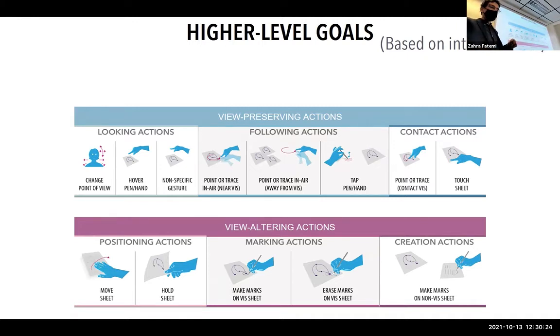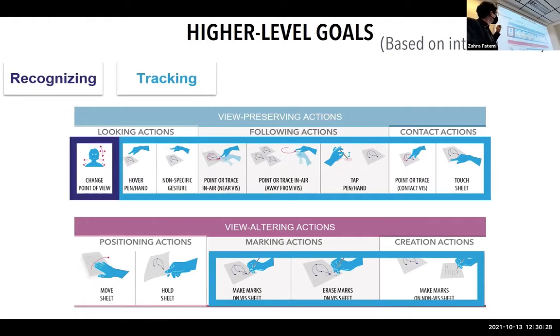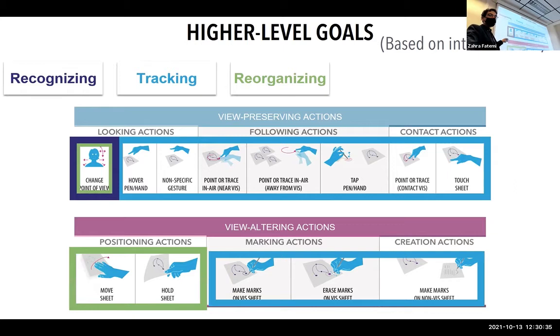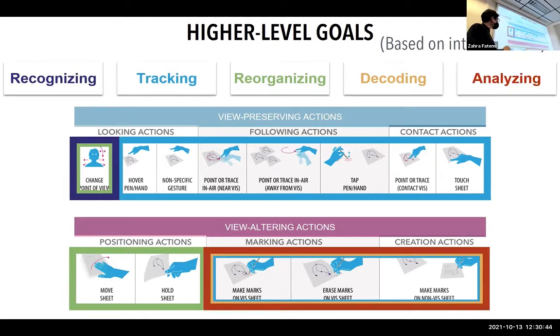And there are 5 goals, which are to recognize information, to track information, for example when you look and follow, to reorganize the information when you move the sheet, let's say, to decode and encode information also when you make new marks, and finally to analyze information using, for example, annotations or calculations. So we have these goals, and to achieve these goals, we have these